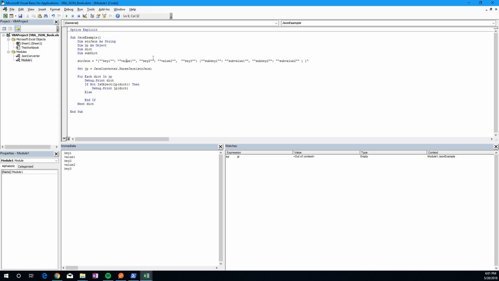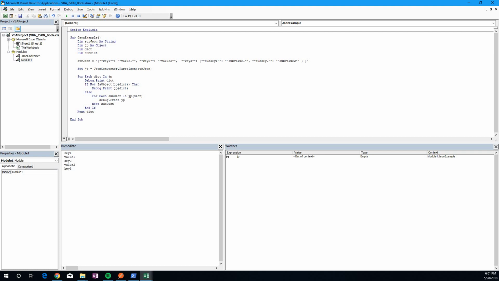Sometimes it's going to be a string that gets returned, sometimes the iterator is going to be an object. So we'll leave these without type declarations. For each sub dictionary in JP dict, I want to include that next,